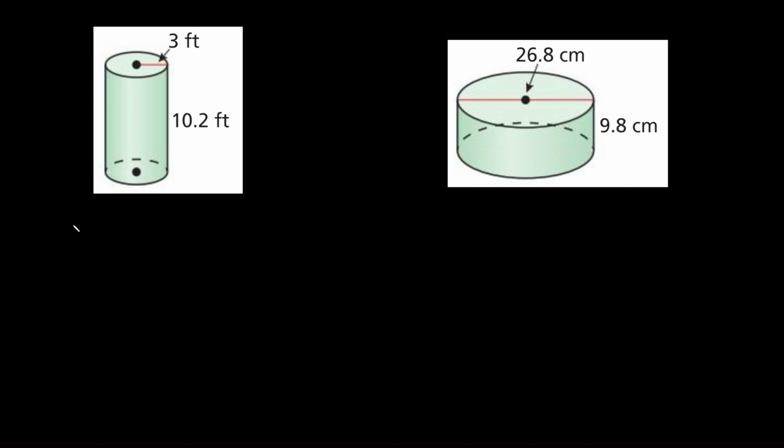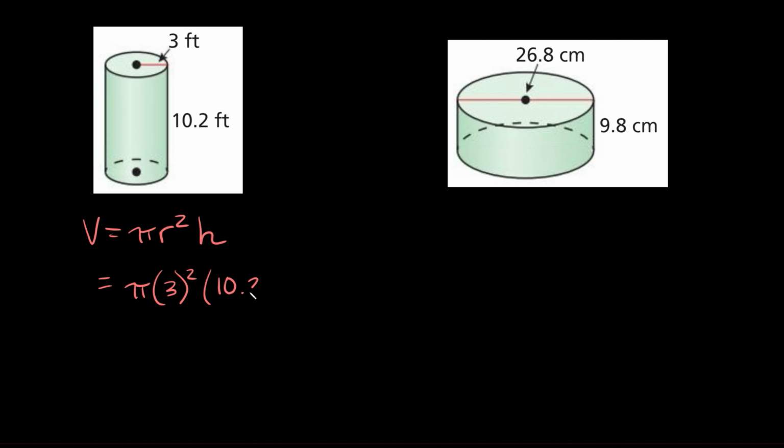So the formula to find the volume of a cylinder with a radius is the volume is equal to pi r squared times h, where r stands for the radius and h stands for the height of the cylinder. All right, so if we wanted to find the volume of this cylinder right here, it would simply be equal to pi times the radius squared. What's the radius here? It's 3 feet. So we're going to plug in the 3 right there, and that's squared, and multiply it by the height, which